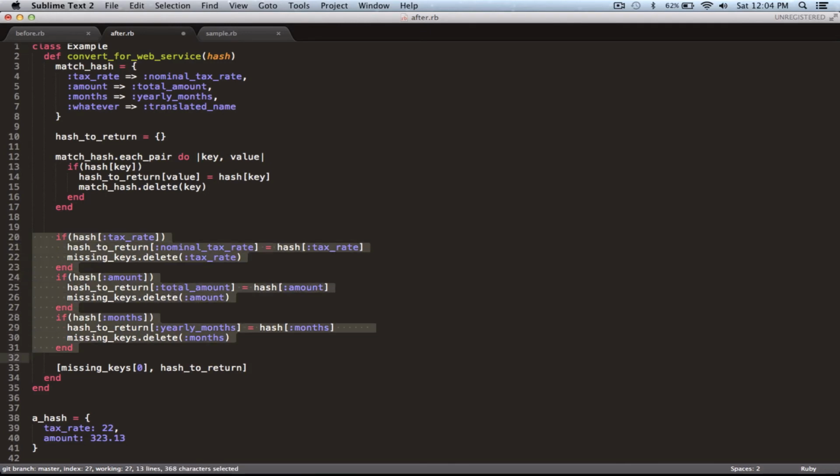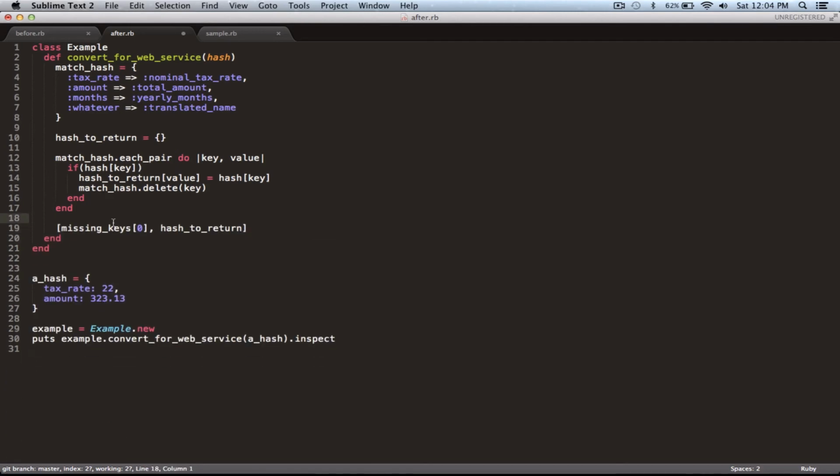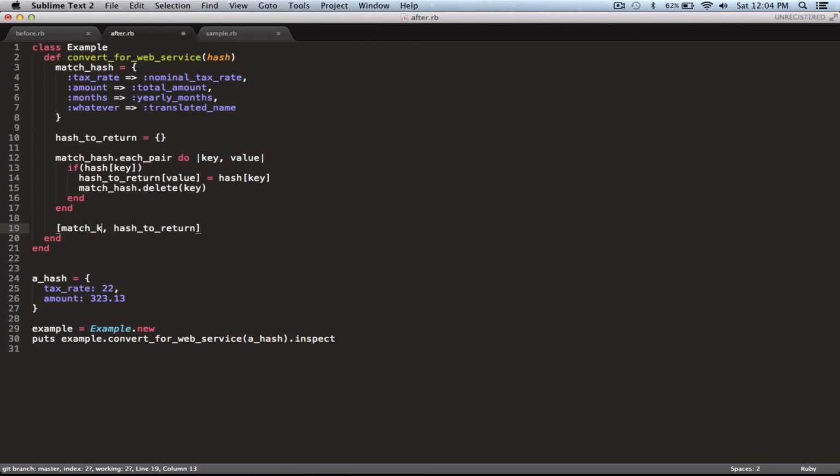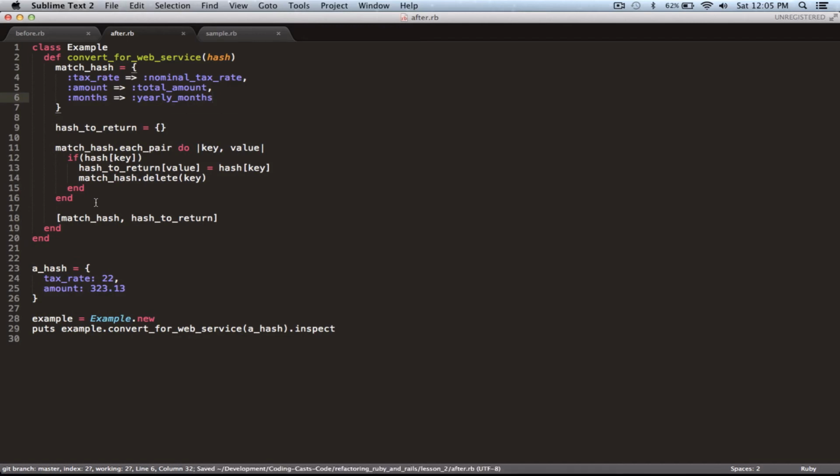So this is definitely, I think, a better way to do things. Then, when you're done with that, the only thing you need to do is grab your match hash, because hash to return is going to stay the same, and you'll say match hash. And now we've deleted the first two keys, and let's get rid of whatever again, because we're not going to use that. So we've already gotten rid of two of the three keys, and we'll just say